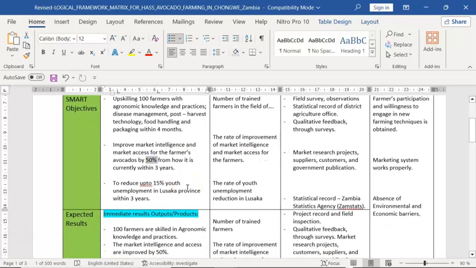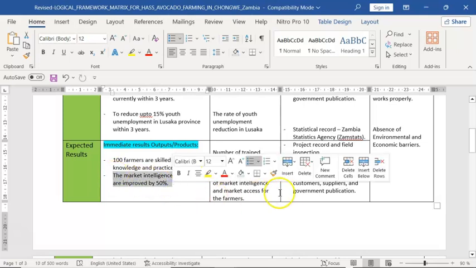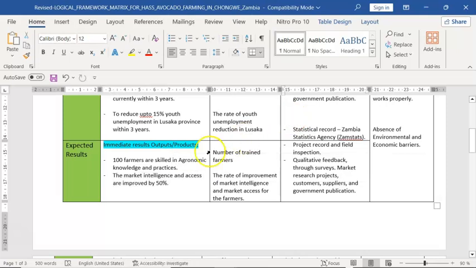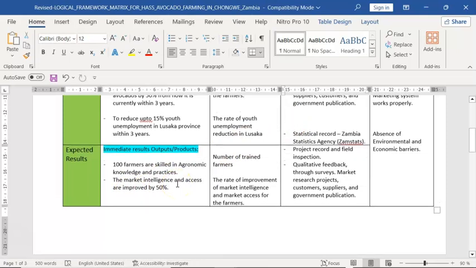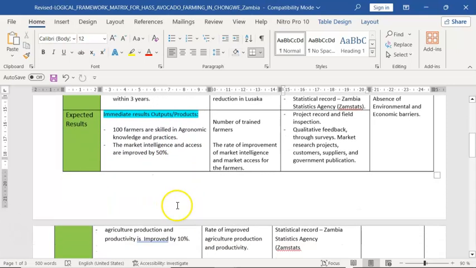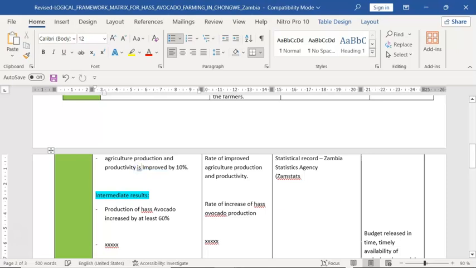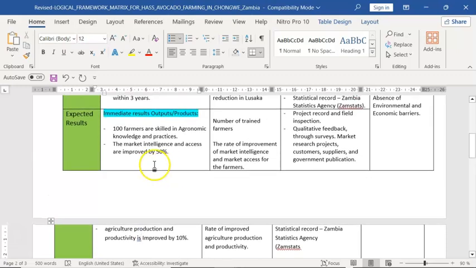And then that was the target. But here now, as expected result, the market intelligence and the access are improved. It's no more the future, but are improved by 50%. And you do the same for the other objective. Agricultural production and productivity improved by 10% because